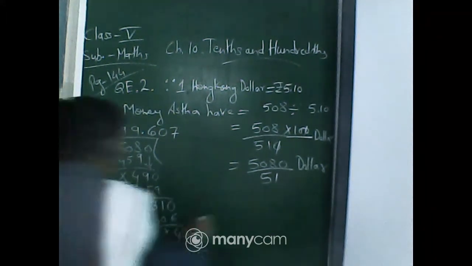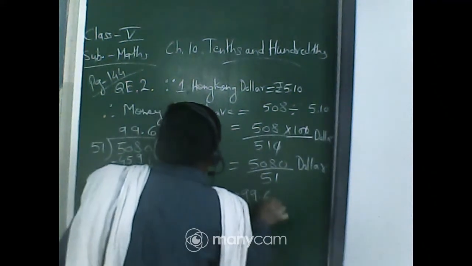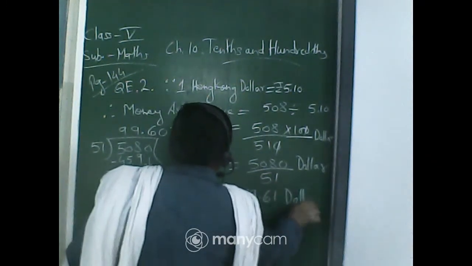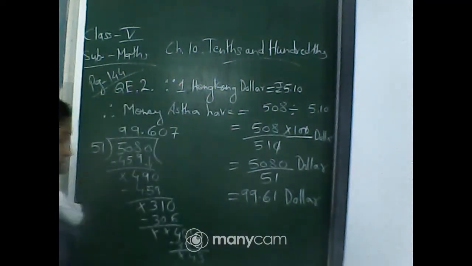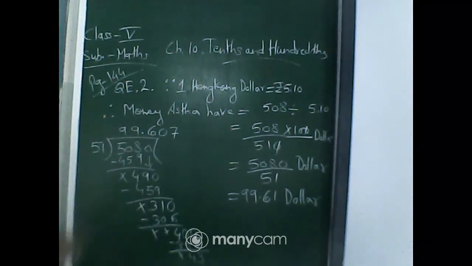Okay, so we will round it up, and the division will be $99.61. $99.61. Yes, you will round it up, because after 43 again it will be 0. Again you will divide it, so it will go on. So you will round it up and the answer will be